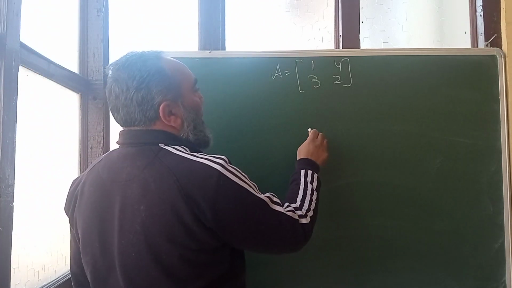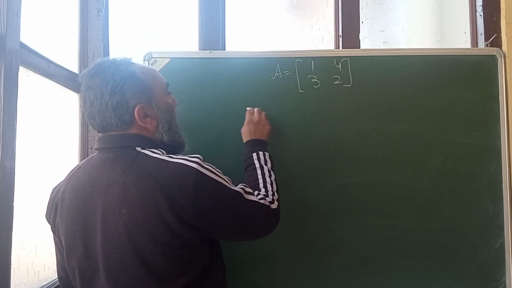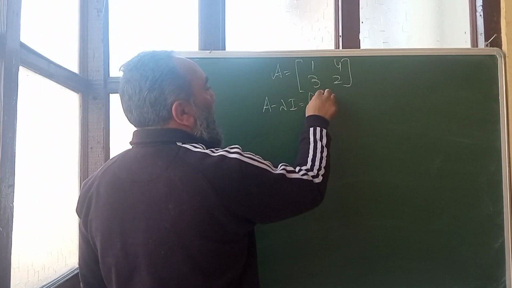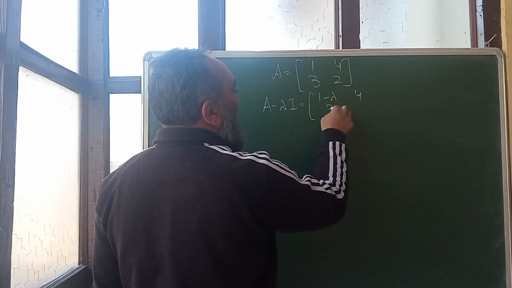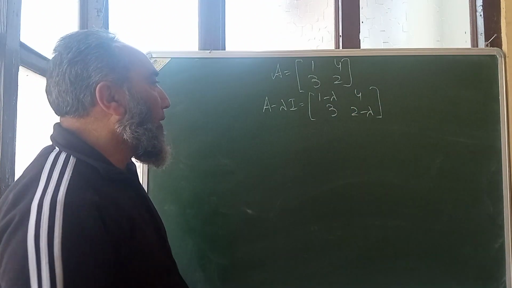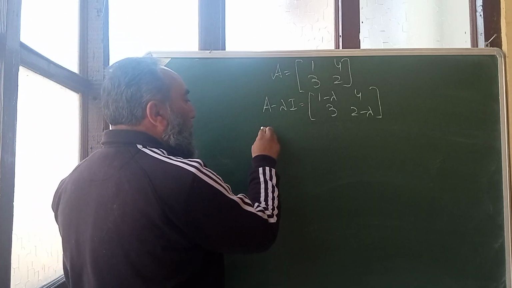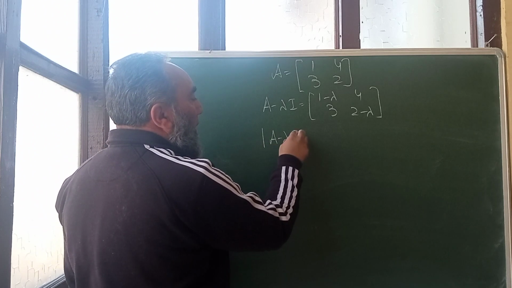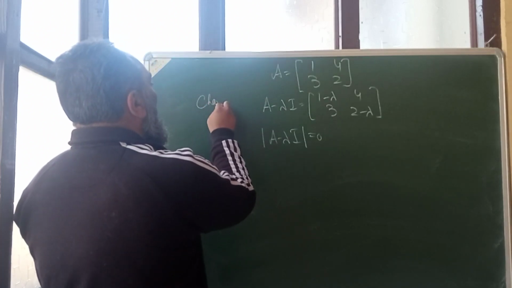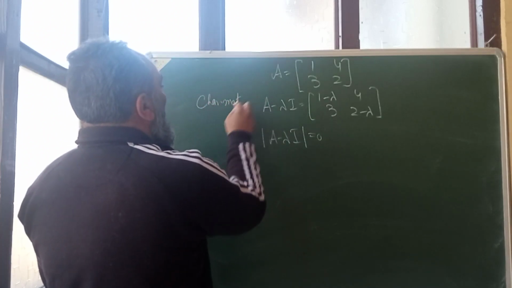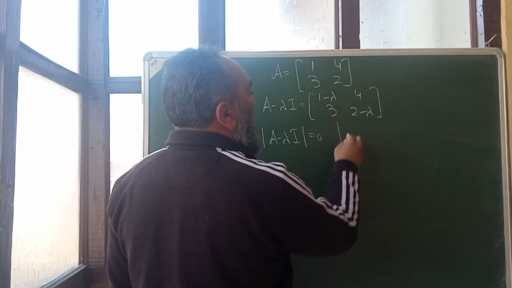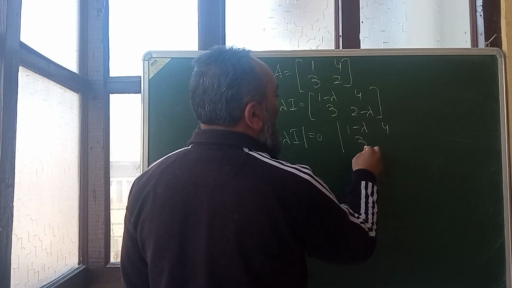So the characteristic matrix is A minus lambda I, which is 1 minus lambda, 4, 3, 2 minus lambda. This is the characteristic matrix of A. The characteristic equation is the determinant of A minus lambda I equal to 0. This is the characteristic matrix, and this is the characteristic equation. So the determinant of 1 minus lambda, 4, 3, 2 minus lambda